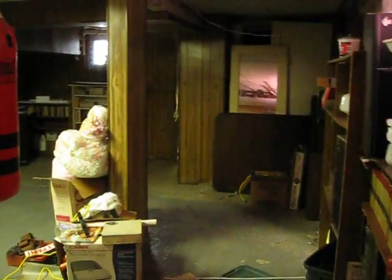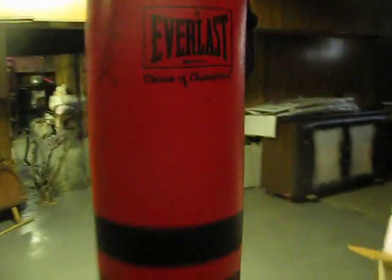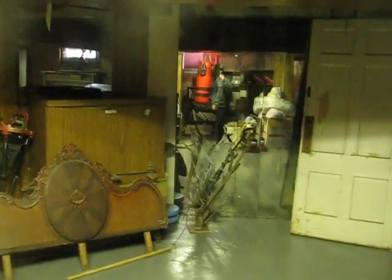And the basement's pretty much the entire floor plan of the house. So there's a big storage area here. This is pretty much the whole basement that my dad used to work out in before he passed away. Punching bag. This is a bar that my dad built